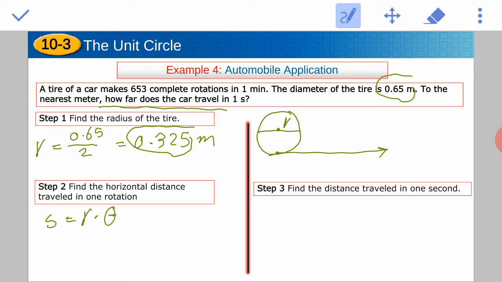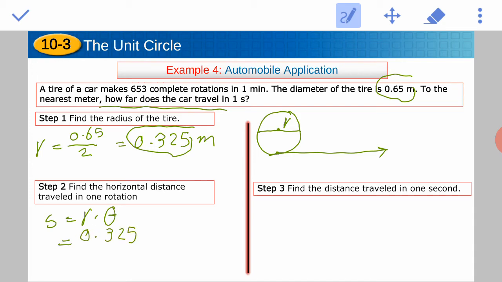Remember, guys, we are trying to find the horizontal distance traveled in one rotation. Later, because this tire makes 653, I'm going to multiply this distance times the complete number of rotations. So let's focus now on finding this horizontal distance for one complete round. If this tire rotates one rotation only, what is going to be the horizontal distance? The horizontal distance can be found using the formula S equals r times theta. Guys, our r, we just found our r, it's